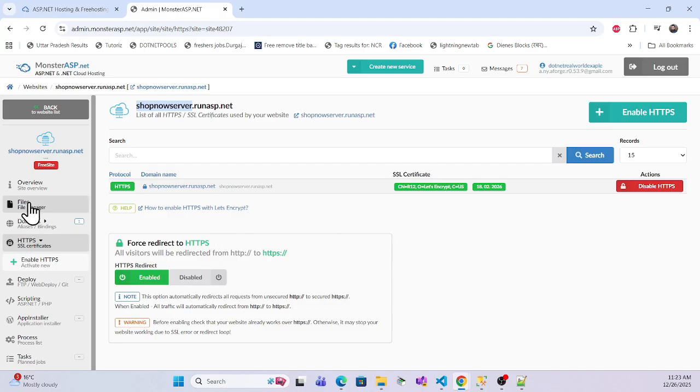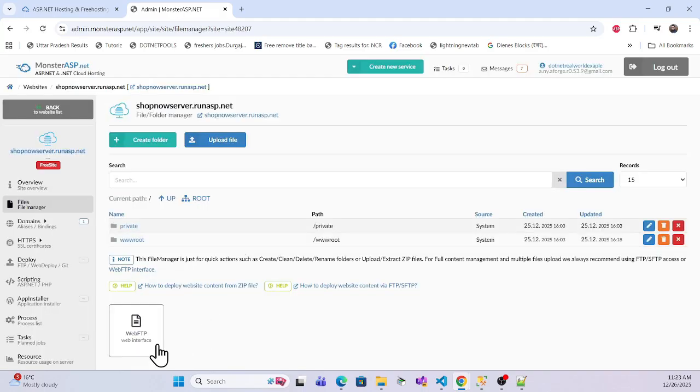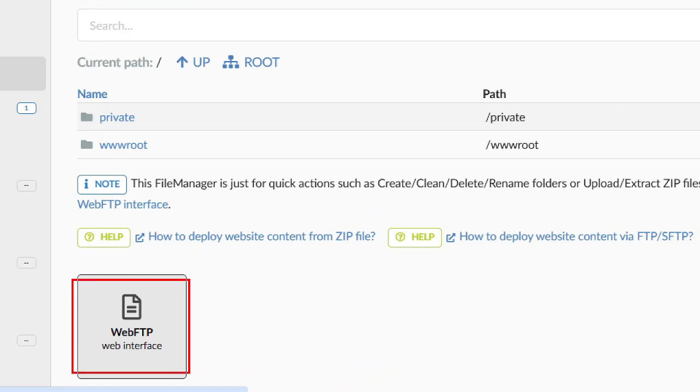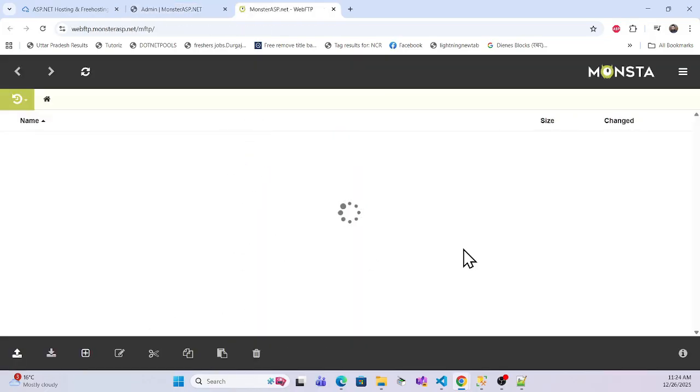But I'll use a very nice way that Monster app itself provides, which is called File Manager. If you go to that File Manager, there is one section, see, web interface. So this is an FTP interface. Once you click that, it will redirect, and that same directory is provided over here. So what I need to do, I go inside this www root, and we have to replace all those files. So go to that,